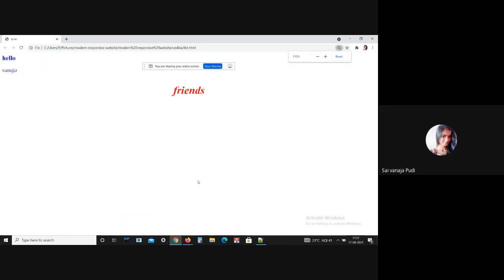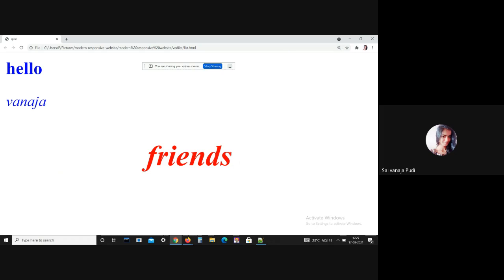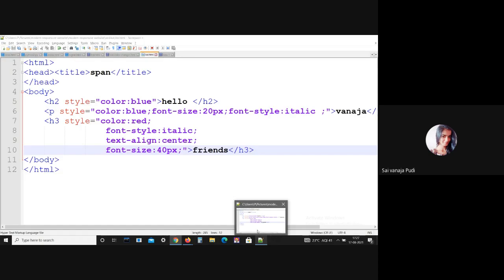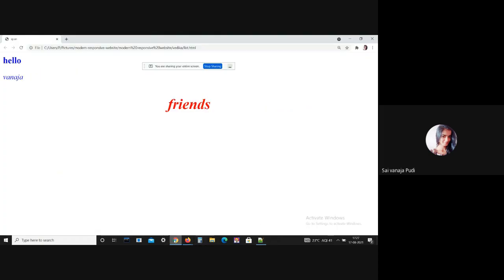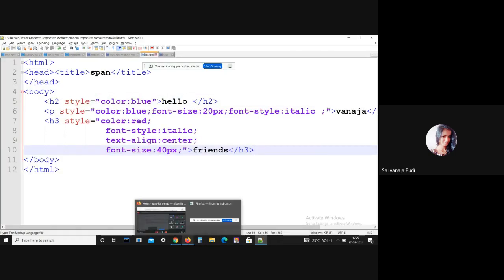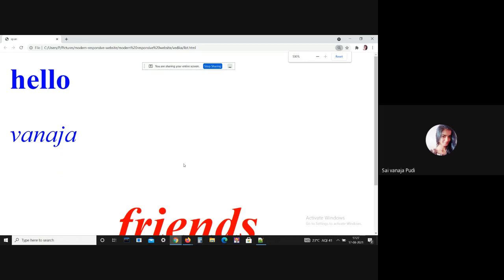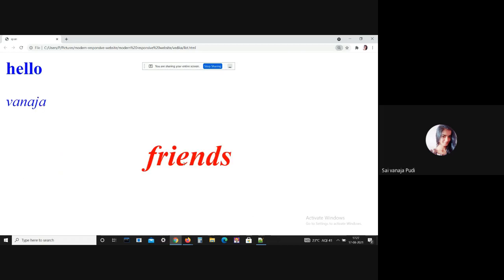See, actually, yeah. Here I got the output, that is friends at the center. Here I'm zooming my screen so that you can see better what the text align and everything is.